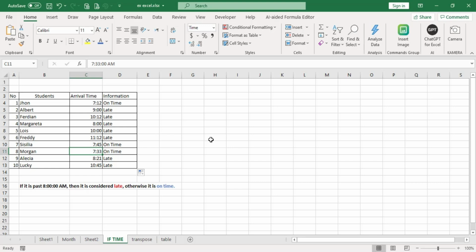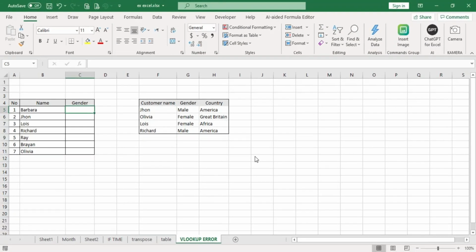So we can combine functions, IF and TIME, like this. Hopefully this tutorial is useful. Thank you. In this video tutorial, we discuss the misuse of